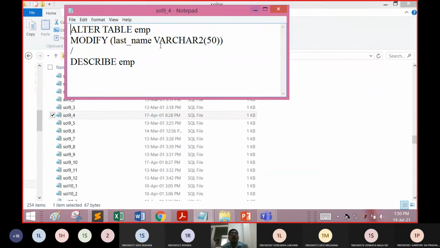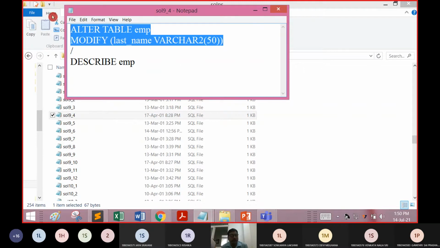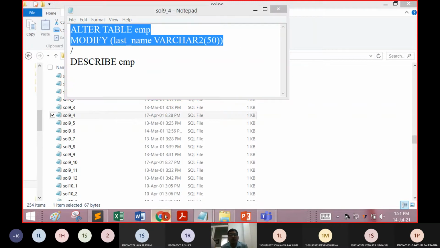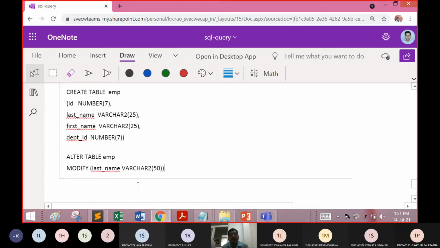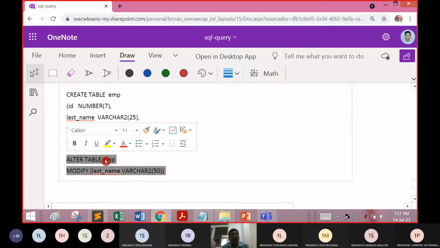Now I will put this new query in the chat box and the OneNote. So what was this query telling about? Alter table EMP modify last name something. So what is this query telling about?